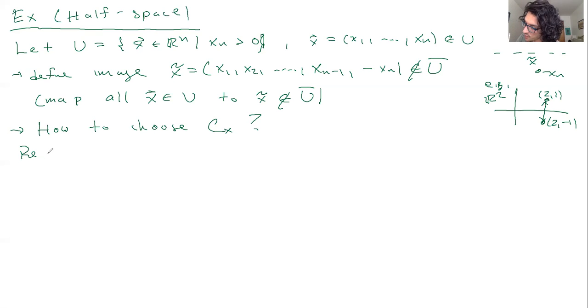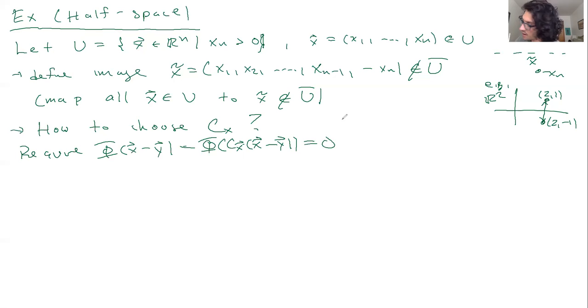Well, if I require that phi of x minus y minus phi of Cx times x minus y equals 0, for x in U and y in the boundary of U,